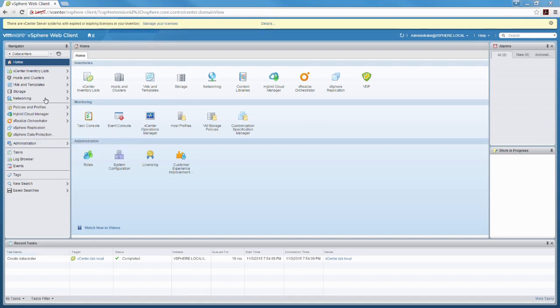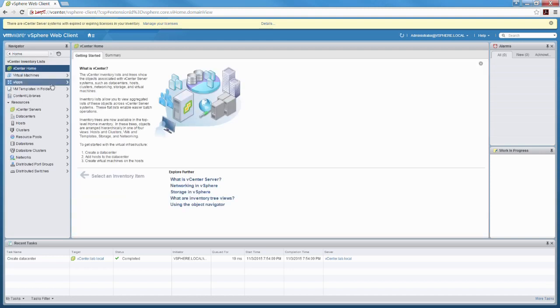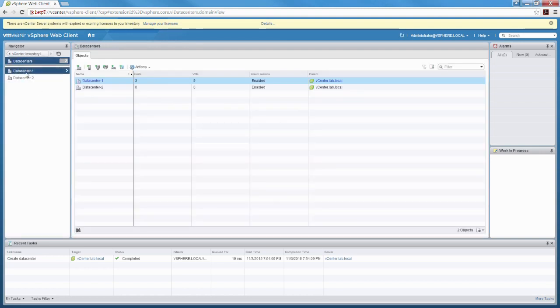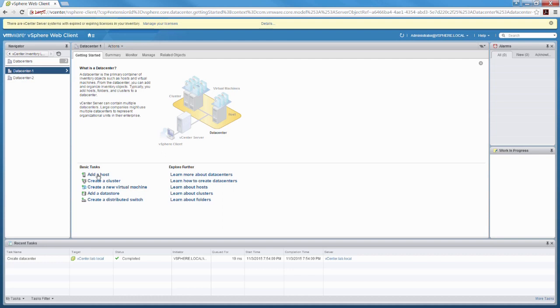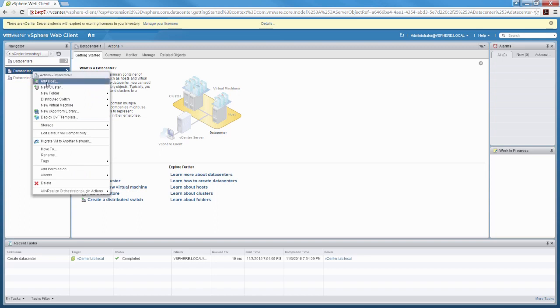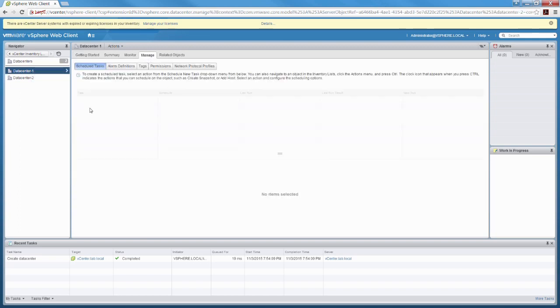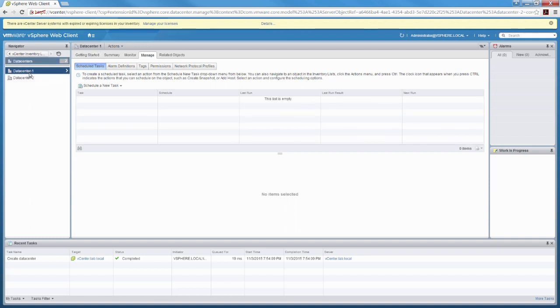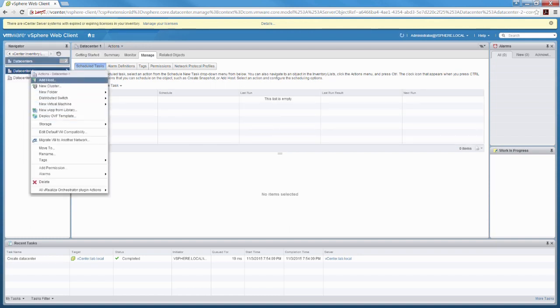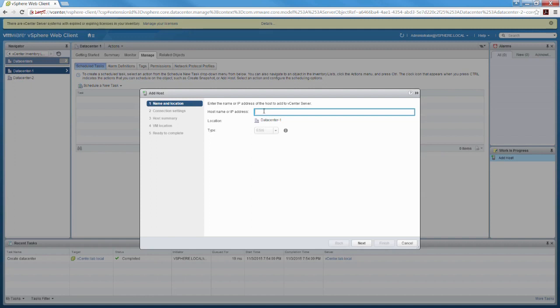So let's go through the process of adding a host into our infrastructure. We'll add it to Datacenter 1. If you go to the bottom here, there are multiple ways of getting to this. You could right click here, add host. You could come here, add a host. Multiple ways of doing this. So let's just go here. Here you would enter either your IP address or the host name. In our case, we will bring in ESXi